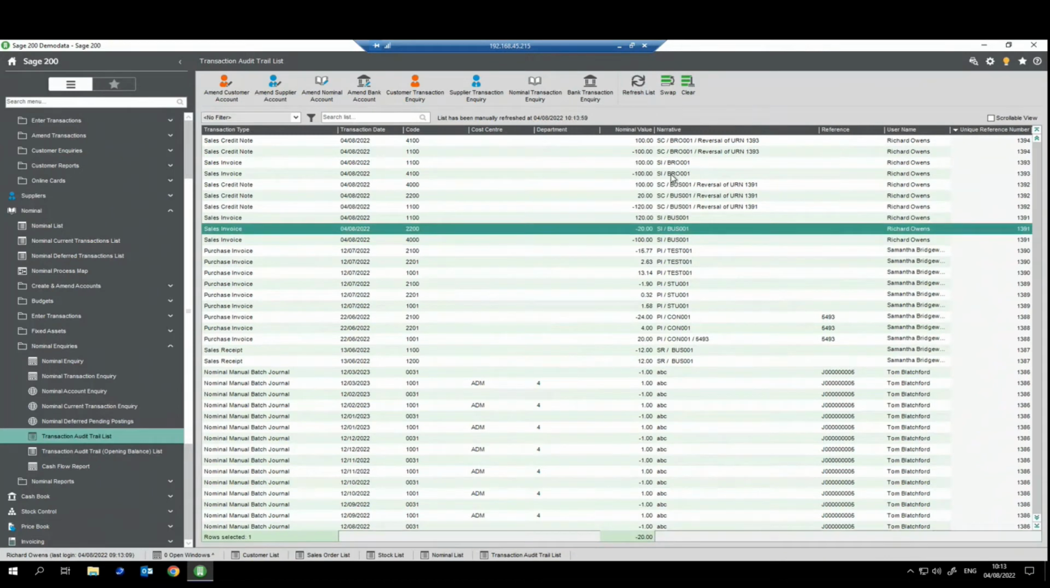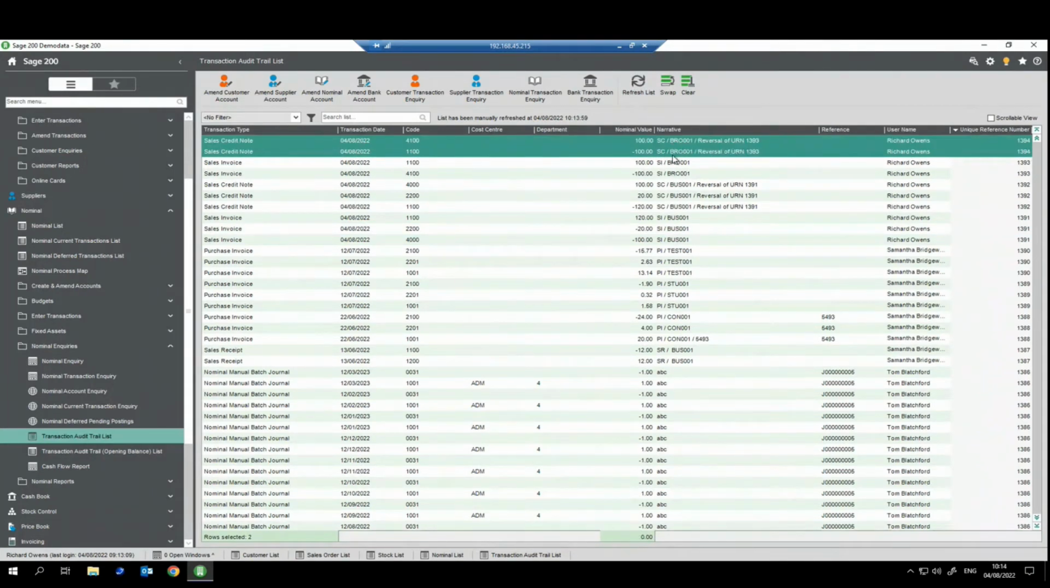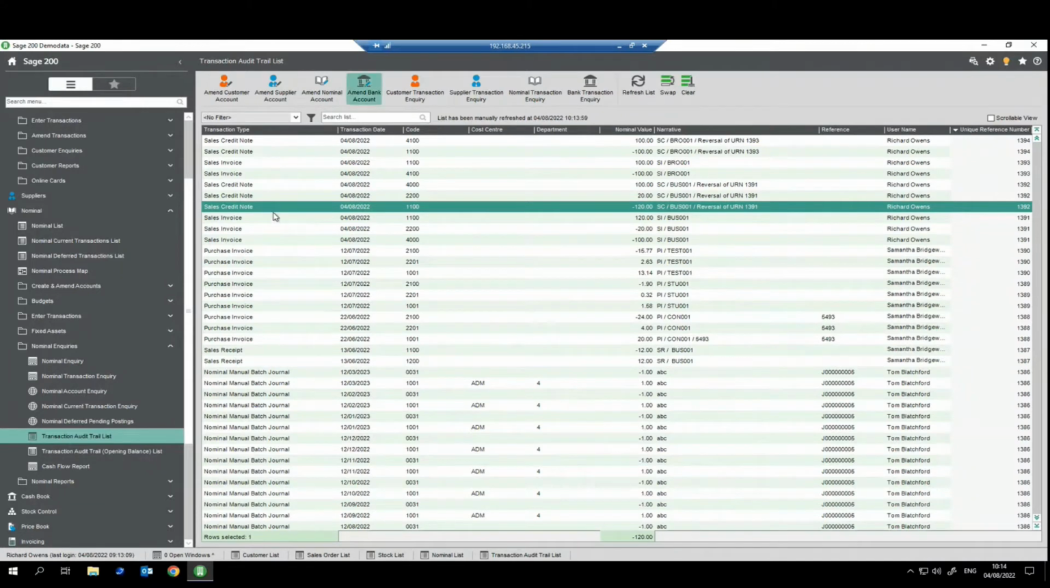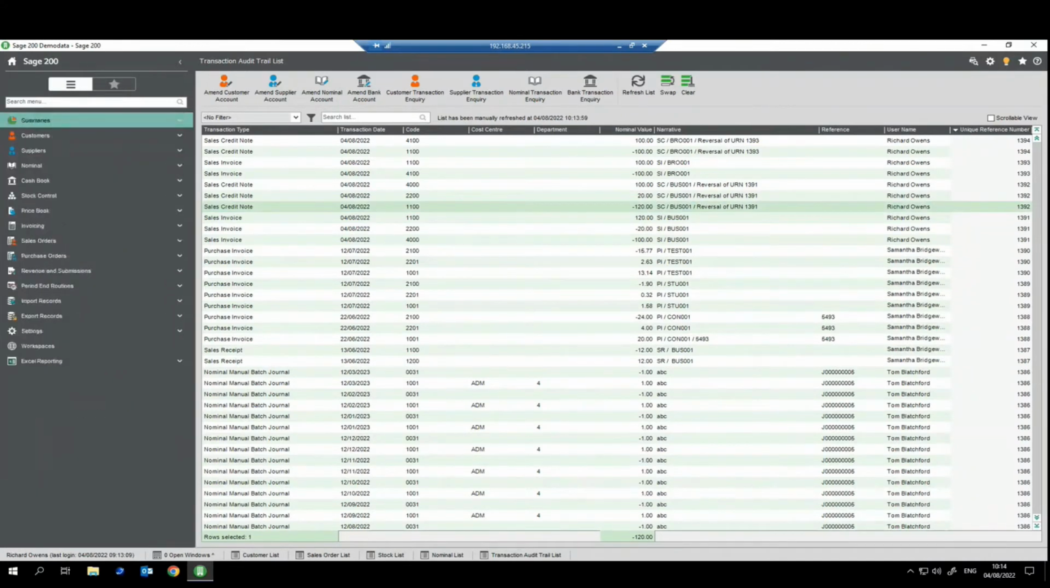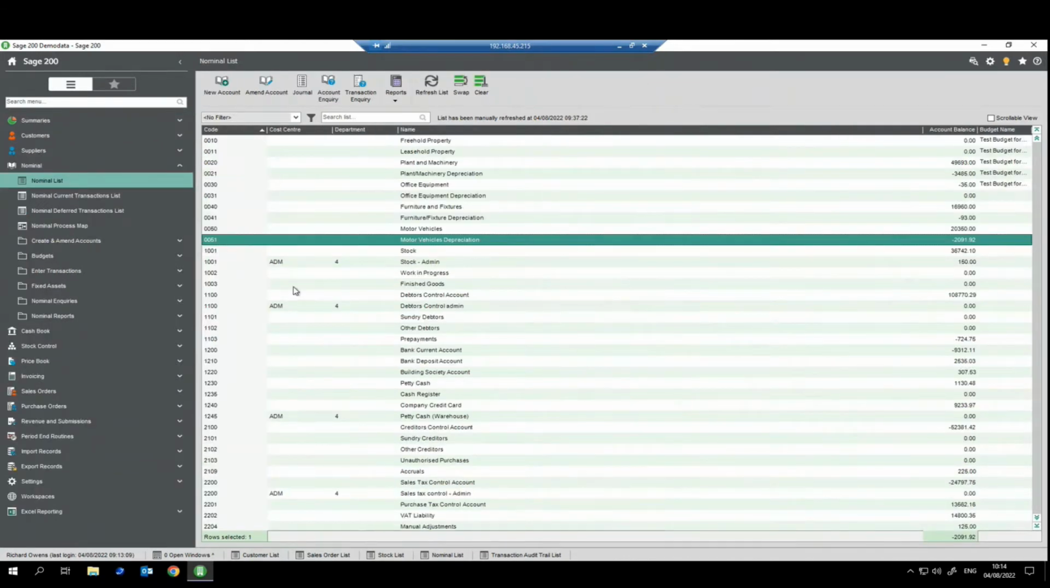So I can see the nominal postings associated with the invoice that I made, and then the correction that automatically happened, the credit note that was allocated to the invoice. So all of these corrections and changes that we make, it all has the audit trail and the nominal list. Okay. And if we go to the nominal, one of the things that makes Sage 200 really powerful is